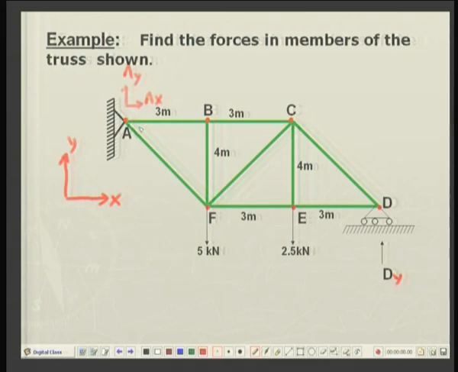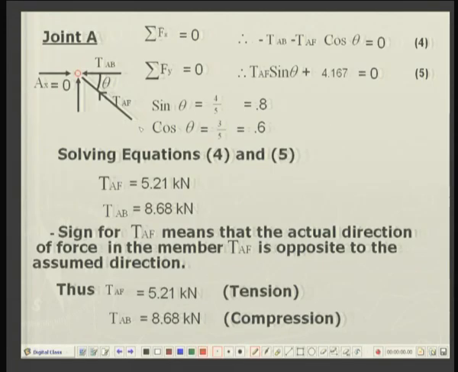We arbitrarily make a choice. So, what we have done here is, I have taken the force along AF towards the joint and force along AB also towards the joint, and AX is equal to 0 and this is AY over here. So, we have found out AY as 4.167